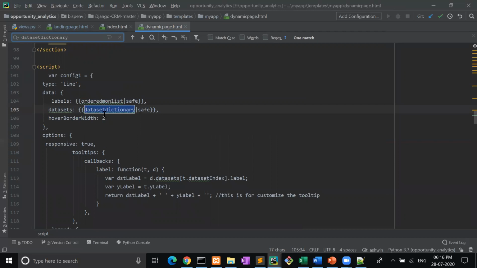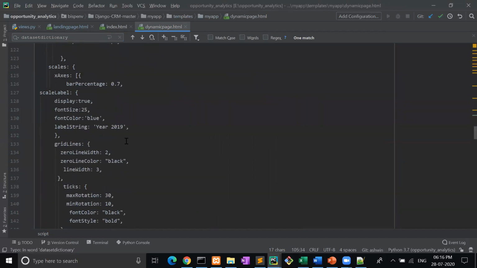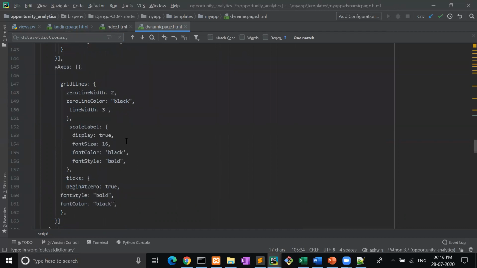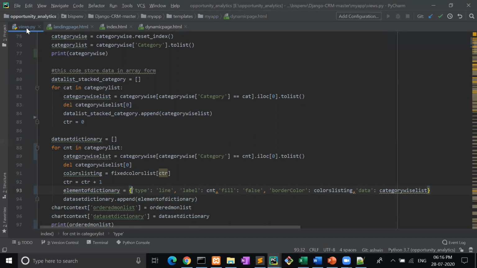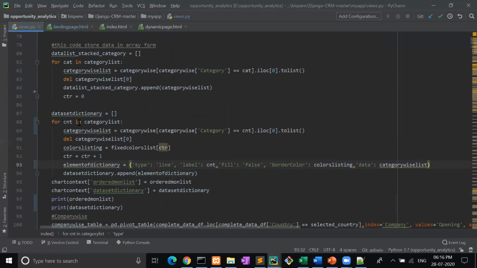See here, let dataset dictionary. You have to put the data inside this. This is a fixed format. You can get this format in chart.js. I will show you how you can get the format. So you have to put this format inside the loop and then delete category wise list. You have to take each time the category wise list, and then we have to create another fresh list, and you have to put here category wise list.